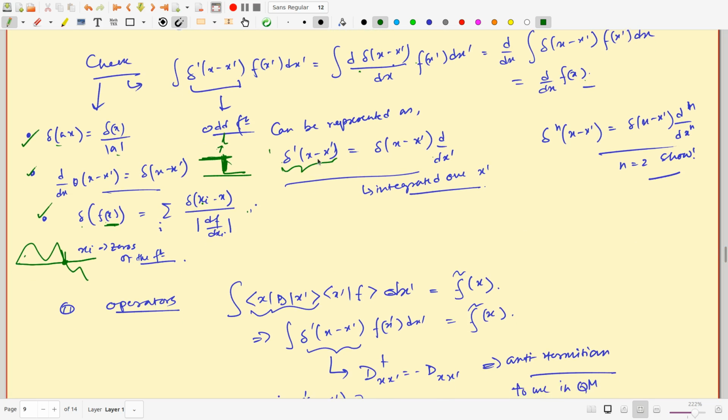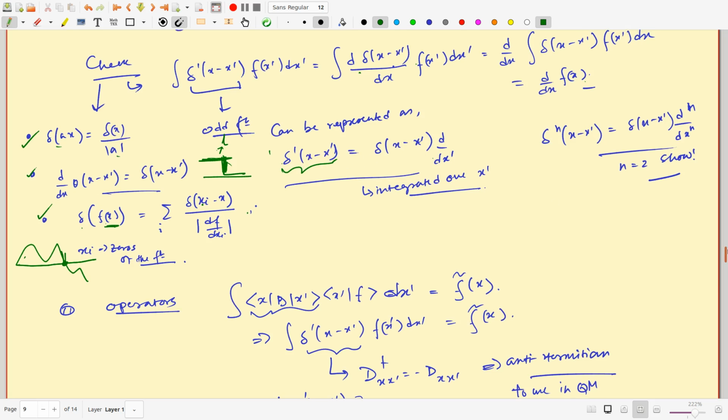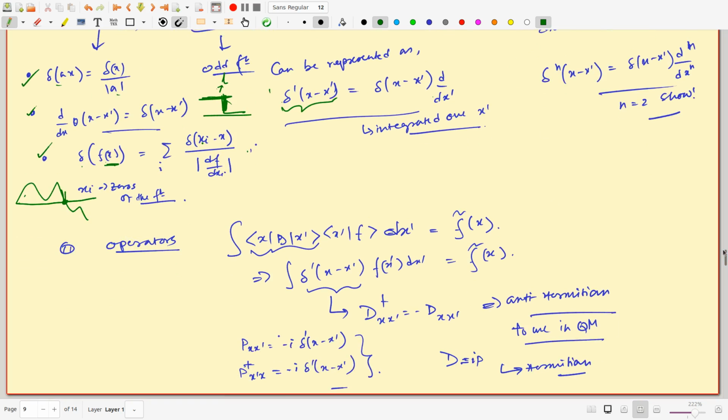that this guy is an odd function, in the sense that when you exchange x and x prime, this picks up a minus sign. And that is important because now I want to check what kind of matrix it is when it is written in the matrix form. So now I have established this is some kind of a matrix which is a delta prime, or the derivative of the delta function. This is f(x) and this is f prime(x), which is the derivative of this f(x).